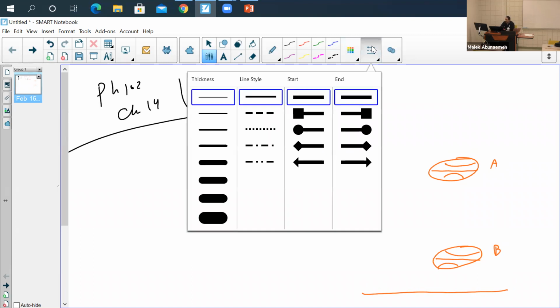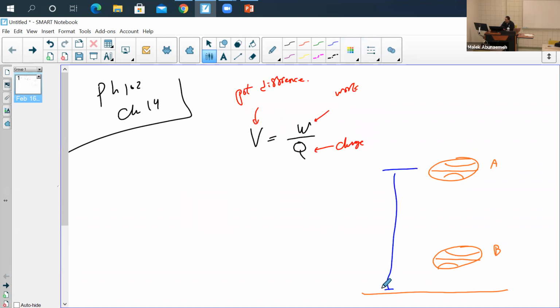Now, your height from over here is going to be the height for basketball A, and from over here is going to be the height for basketball B. Now, your force is going to be your weight, which is your mass times your gravity for each one. So you get your weight over here, which is your mass times your gravity. That means your work done from A to B is going to equal